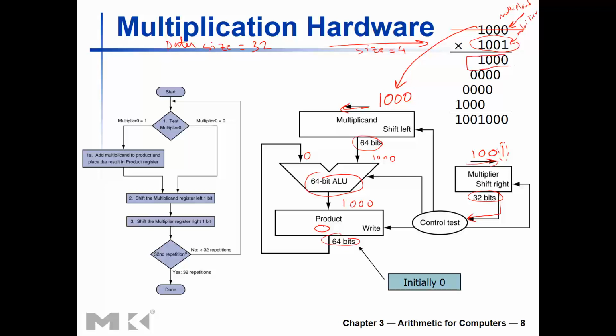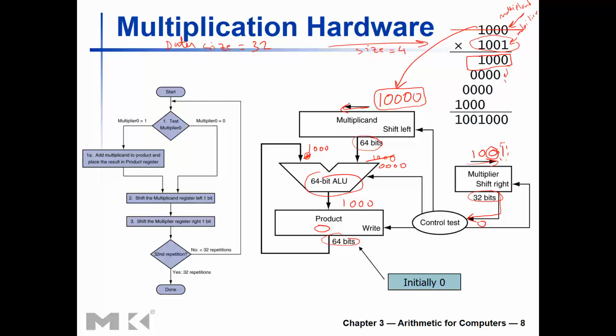Which is basically this stage right here. Now I shift the multiplier one more position, so I get this bit, which is a 0. This 0 comes down to this control circuit. This control circuit sees this, and instead of the multiplicand, it adds zeros to the product. Now the product is 1 0 0 0. By the way, the multiplicand has been shifted by 1 bit position, but it didn't matter because we are adding 0. Now, why are we shifting by one bit position here? Because remember,